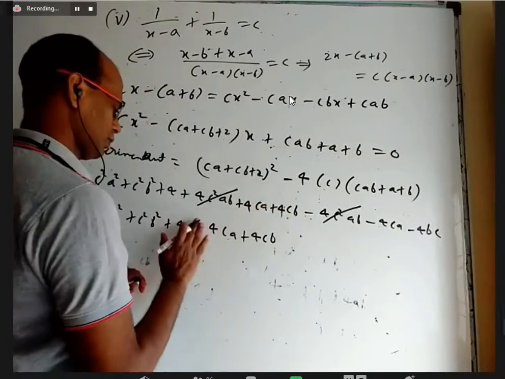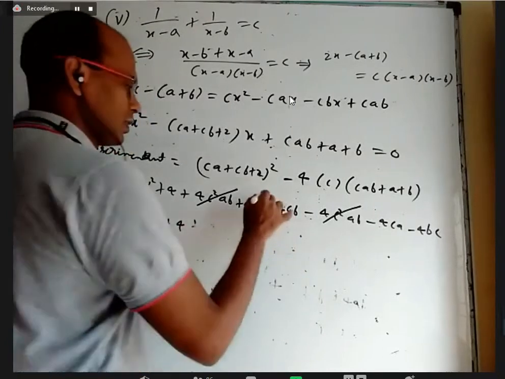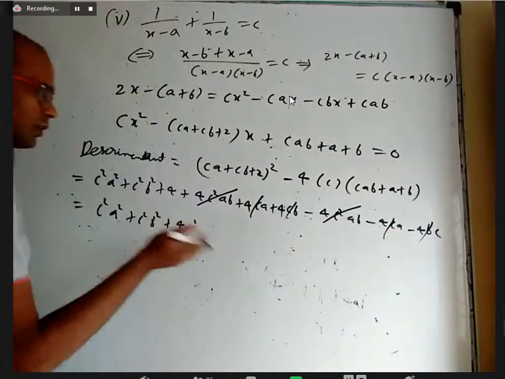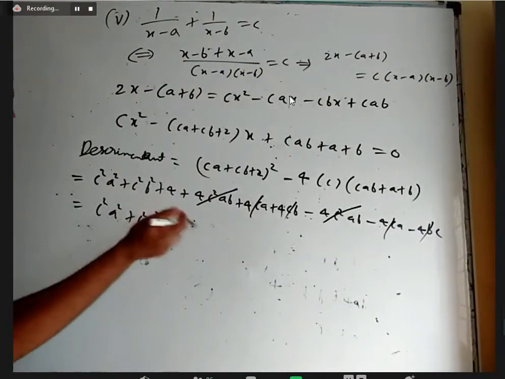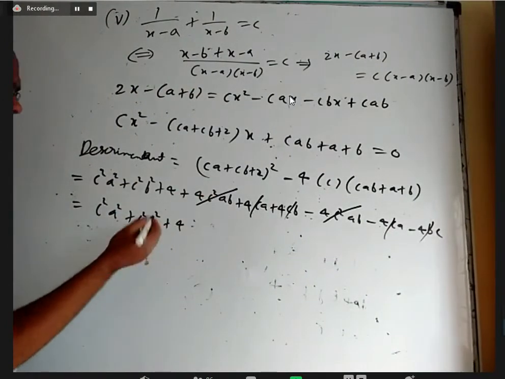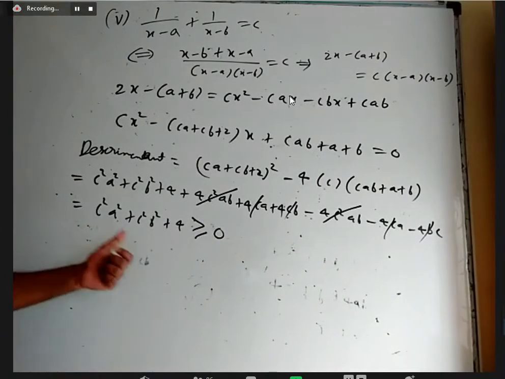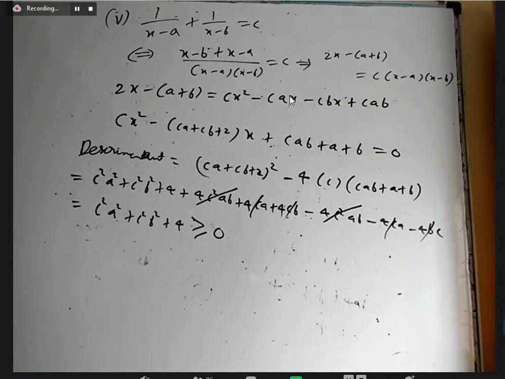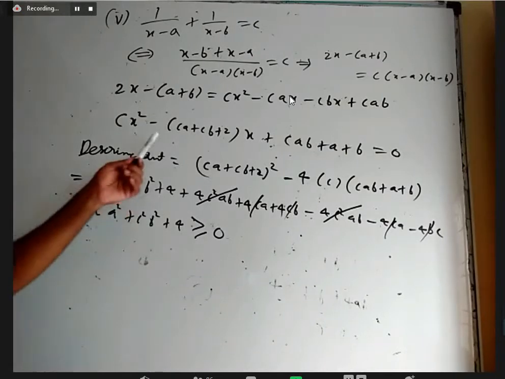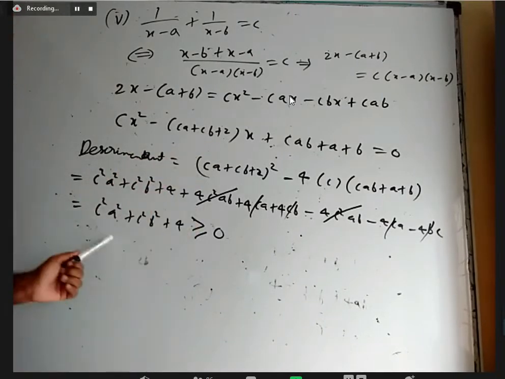Oh, they will cancel. All these three will cancel nicely. Okay, you'll get obviously the sum of 3 perfect squares. All are positive, so it's greater than or equal to 0. That's fine. This is greater than or equal to 0, so roots are real. Initially I thought it was coming lengthy, but when we simplified the discriminant, it just came as a sum of 3 perfect squares. That's good.